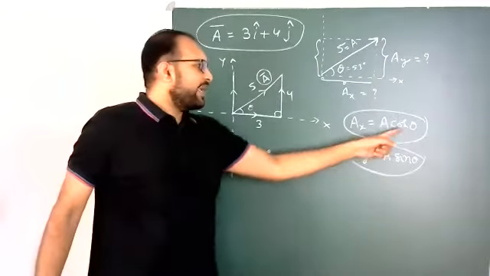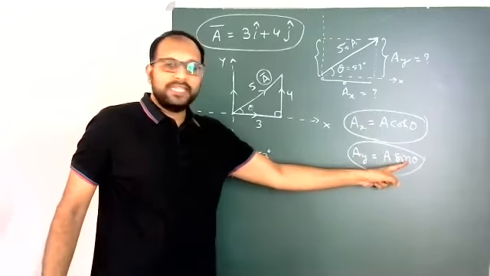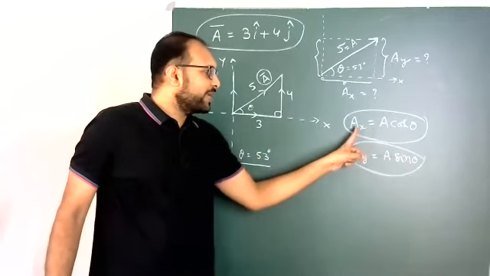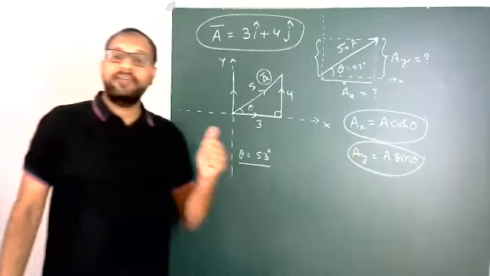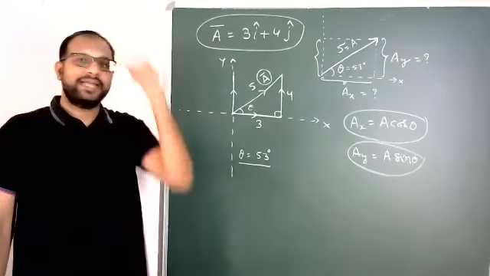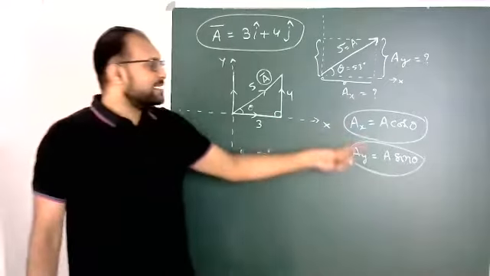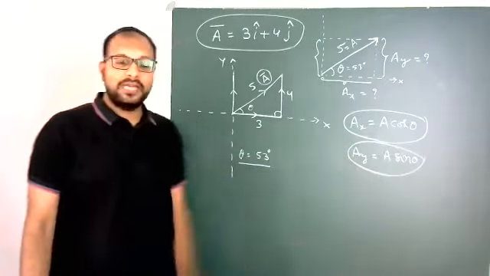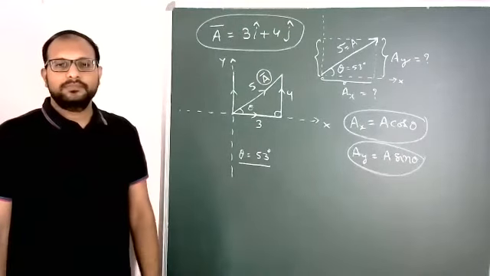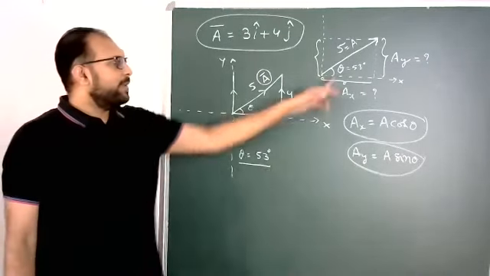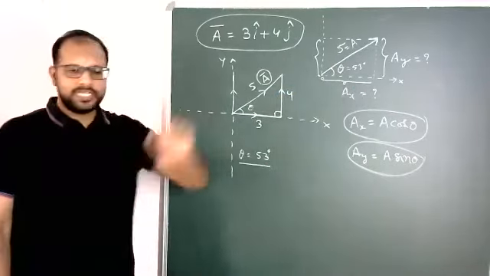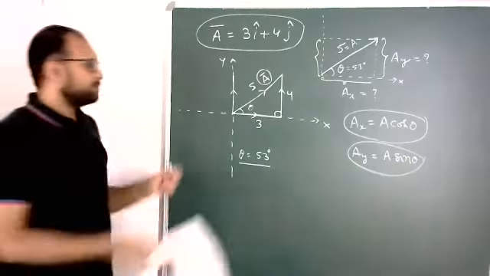So Ax equals A cos theta, Ay equals A sin theta. By using this A cos theta, A sin theta, you can find out Ax and Ay. That is, components you can find from the magnitude and angle. This is known as the resolution of a vector. This is opposite to our previous meaning of this A bar. Yes, now by using the angle you can find out. Yes, see students, now just wait, continuation.